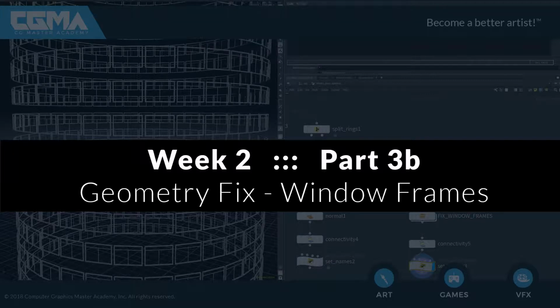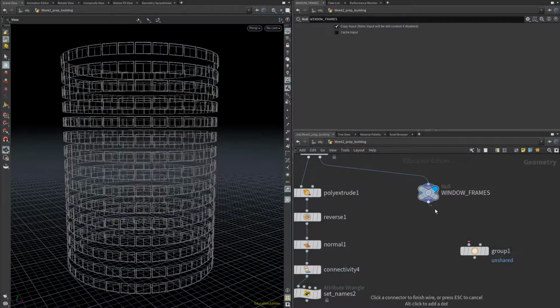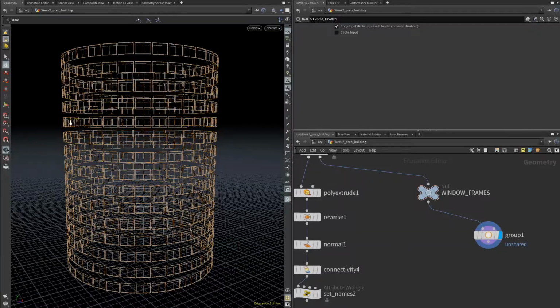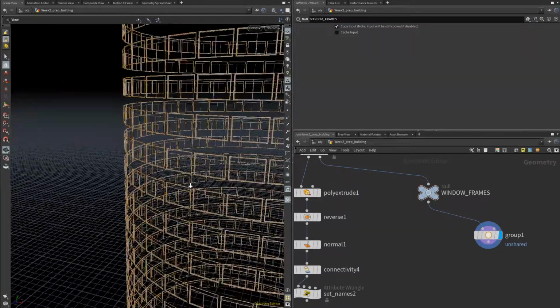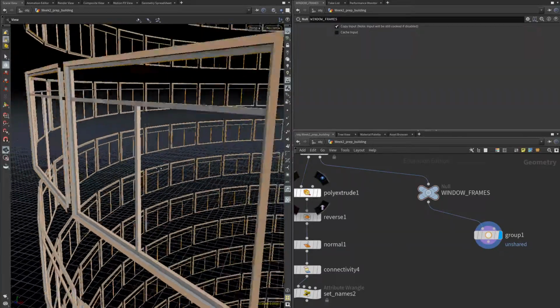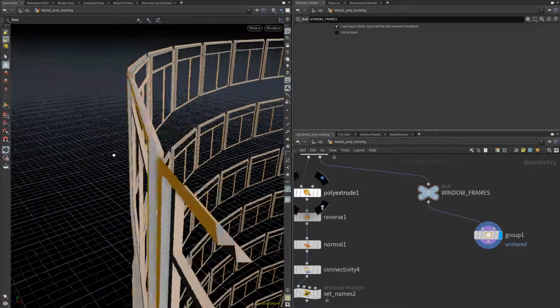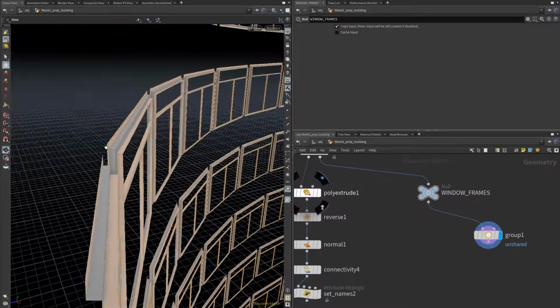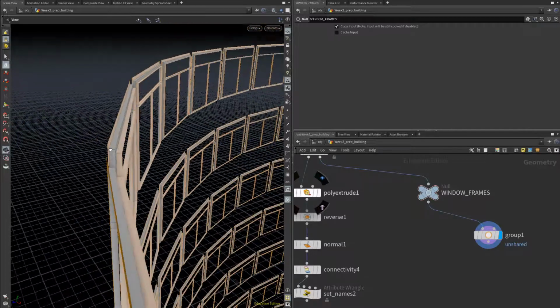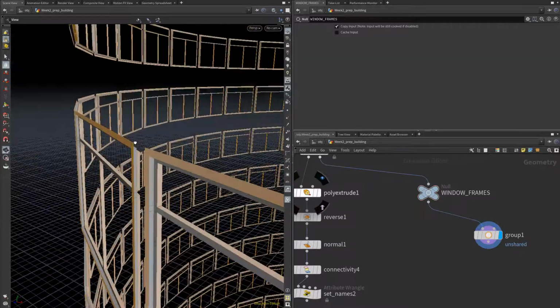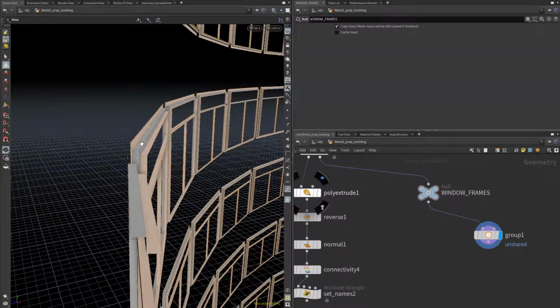The next section to take a look at fixing are the window frames. So if you connect your group unshared check to those frames, you can see once again we have lots of unshared edges in here. Looks like they're not all unshared, but if you zoom in real close, you can see that these window frames are planar surfaces and they just have these flat edges and it's not a closed mesh